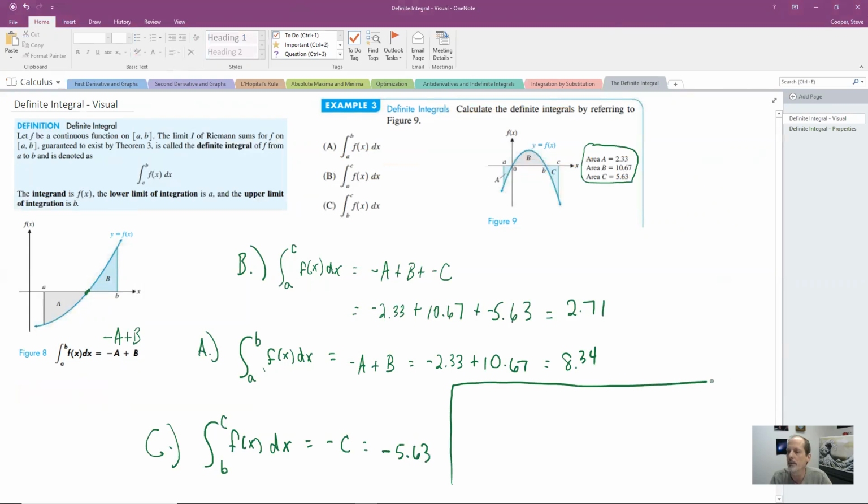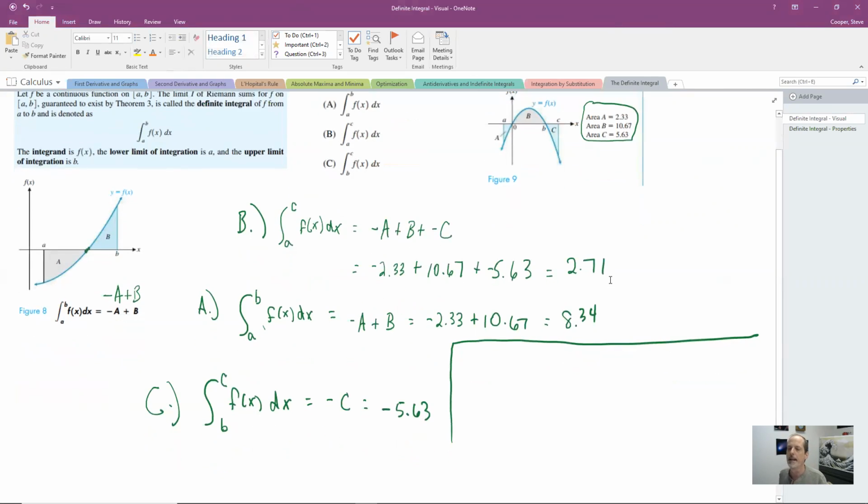All right, so what I'm going to do, just to kind of drill this one last idea home, let's say that we want all of the areas represented. Let's make an integral that adds up to the sum of all these areas. So if I add those together, I get 2.33 plus 10.67 plus 5.63, 18.63. If I actually wanted to create intervals that add up to the area represented by the shaded region, this would have to be